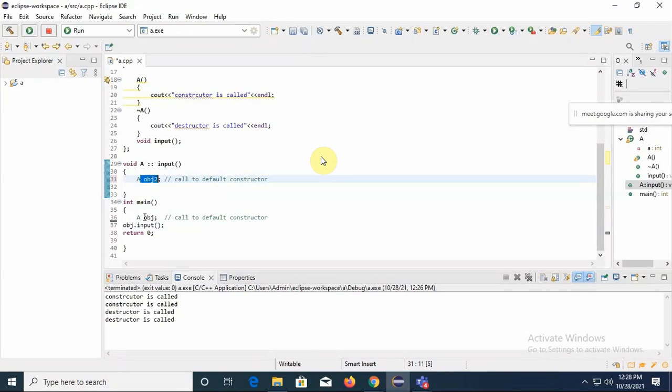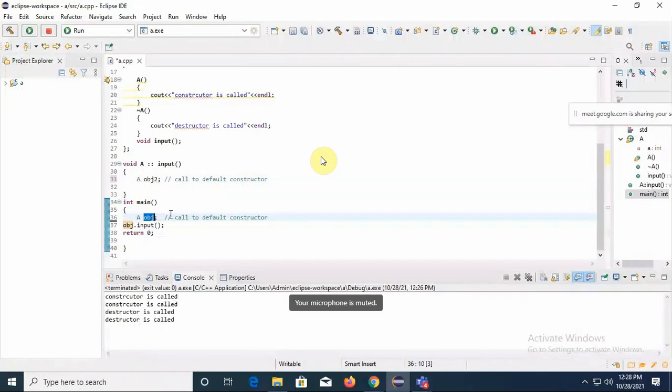The sequence of the constructor calls is exactly opposite for the destructor calls. The object for which you called the constructor last, for that particular object the destructor will get called first.